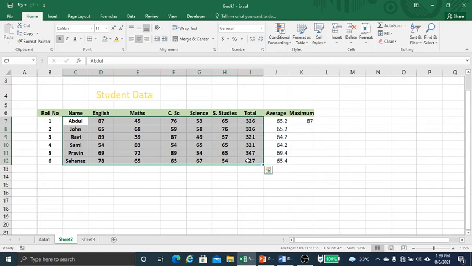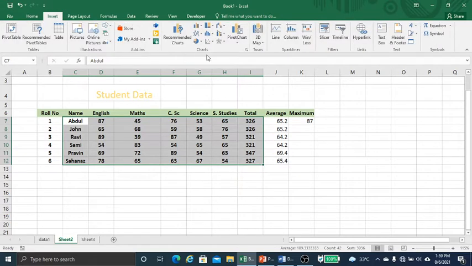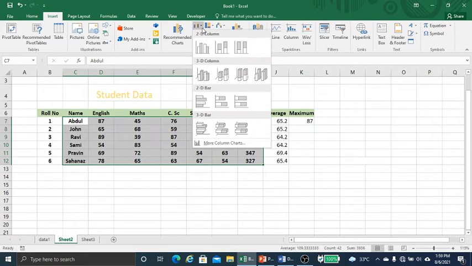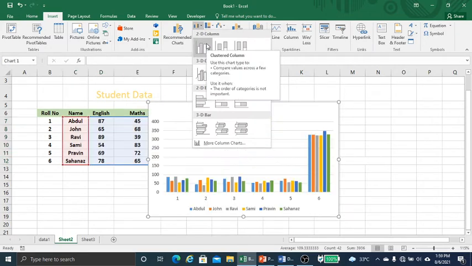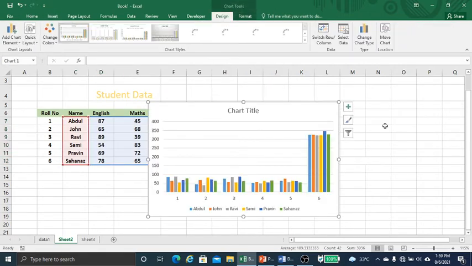I select the data. Then for creating a chart, we click on the Insert tab. You can see a chart option is there. Suppose I want the chart in 2D. See, my chart has come. Let me bring it down.